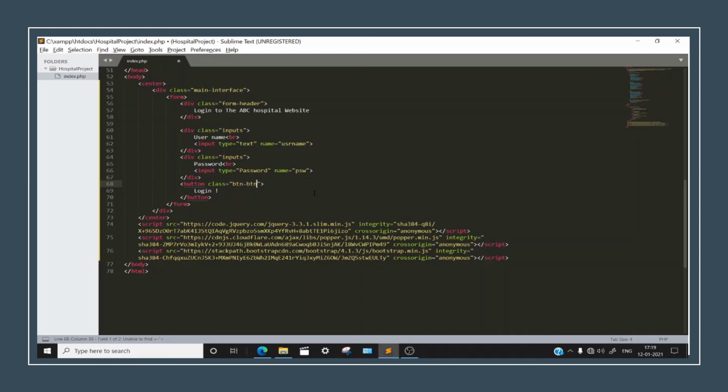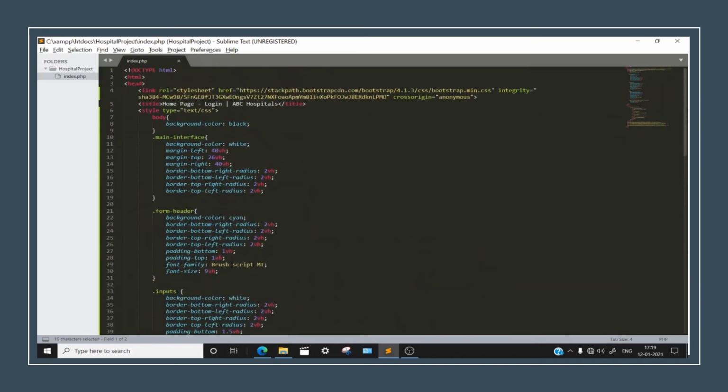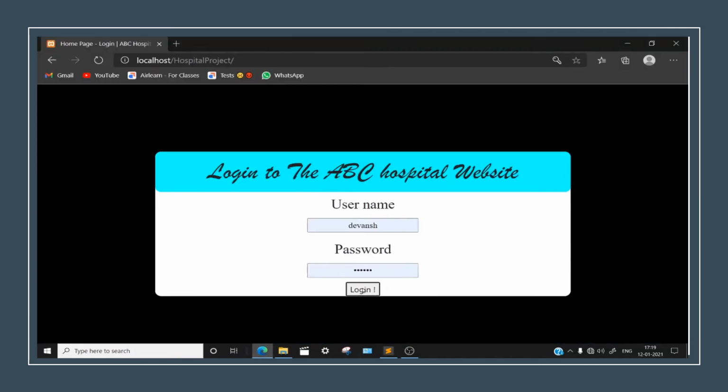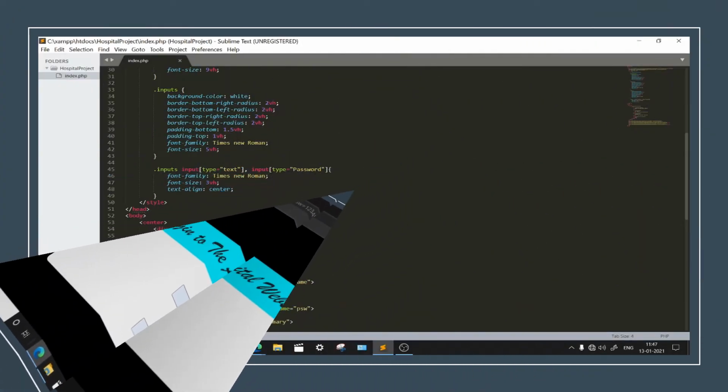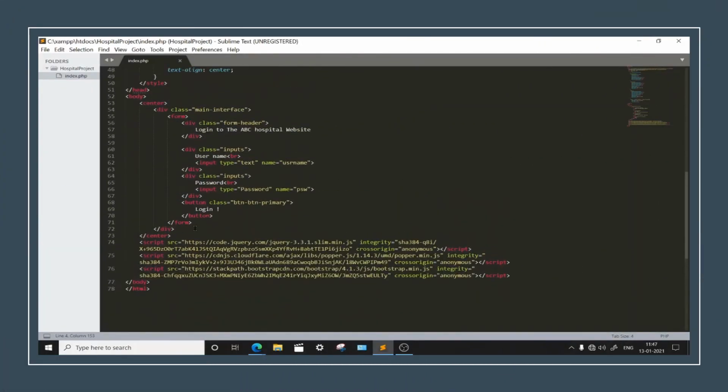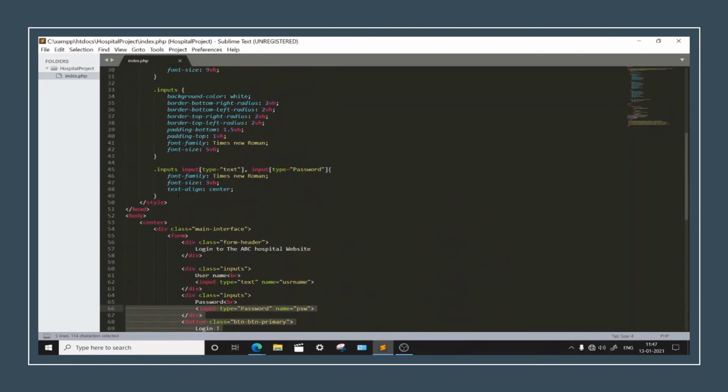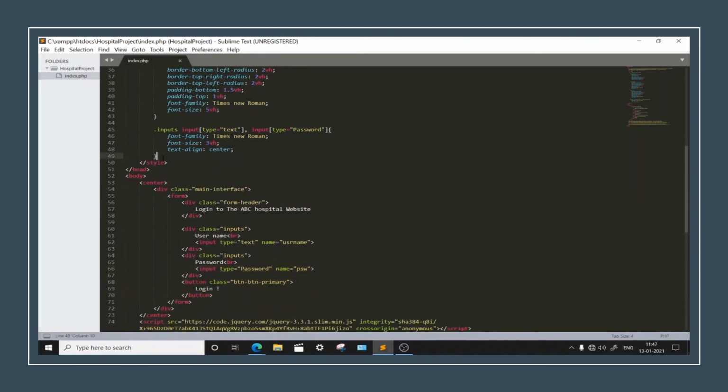I don't want btn-primary. So this is a code from this Bootstrap CSS, and we want this. So now you just see this login. Okay, now we have made this button fine.